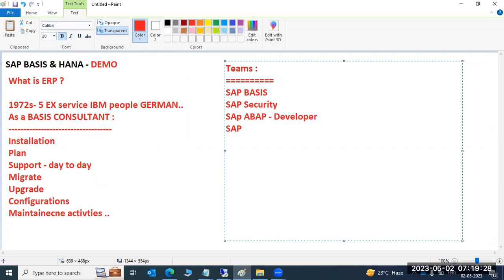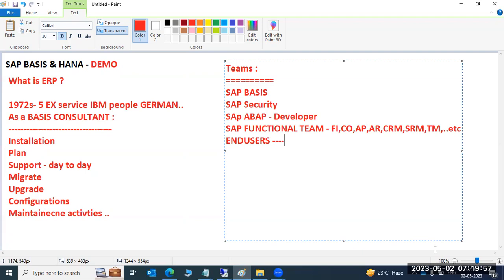Then the SAP functional module teams, which means we have FI, CO, AP, AR, CRM or SRM, TM. Like that, we have a number of functional teams. Apart from that, there are users who will use their products and business. So those are the end users.